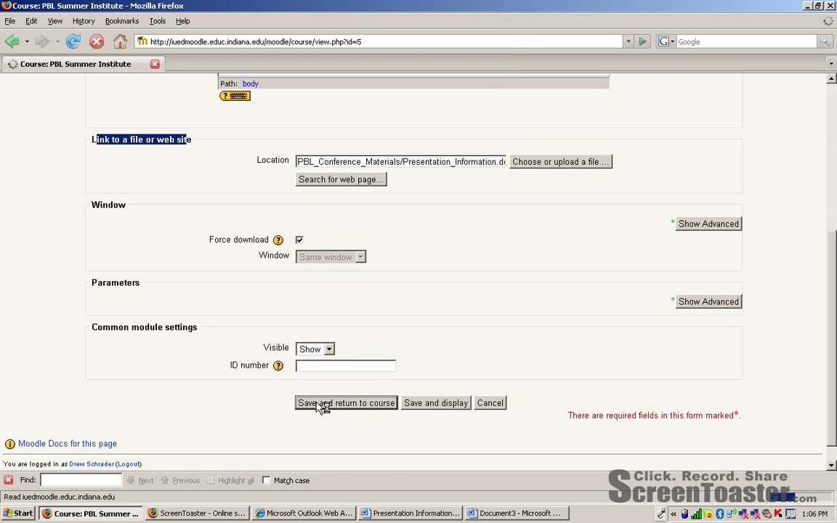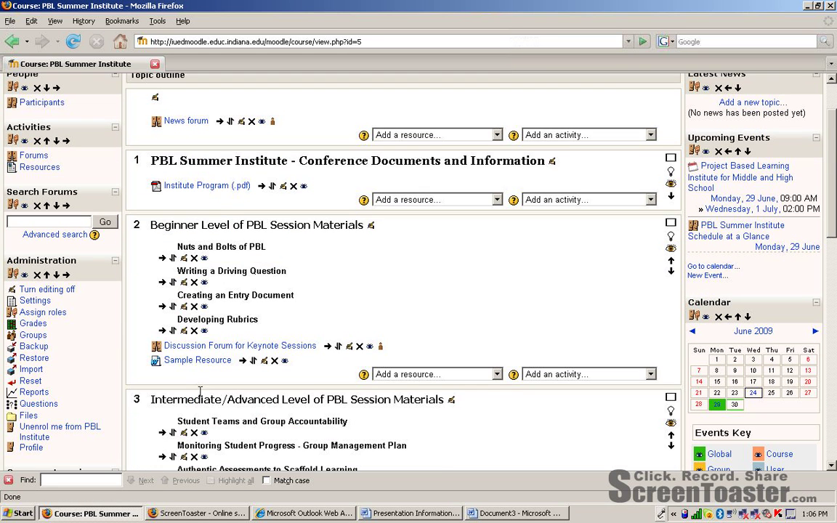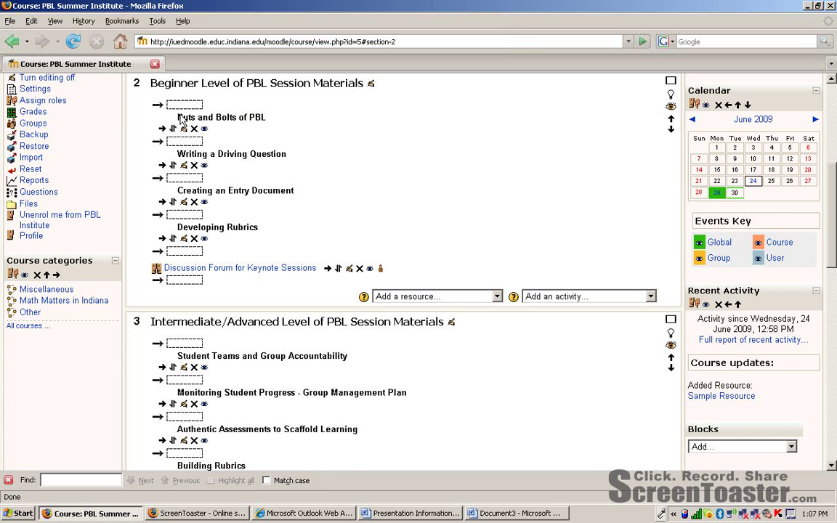It showed up, and notice it just put it at the bottom of this section. So I added the resource here, it just put it in the bottom. Let's say that this sample resource really goes along with nuts and bolts of PBL. The way that I move that then is to click on this little arrow here that says Move. After I click on it, it'll reload the page, and it will give me all these little arrows with boxes next to it, and whichever box I click to, it will move that sample resource to this location. So if I say I want this to go under nuts and bolts of PBL, I click in that